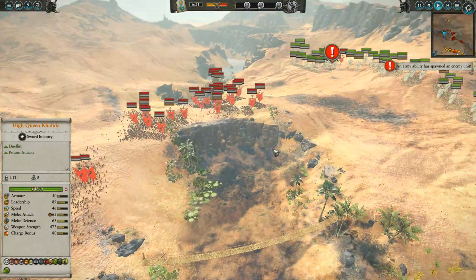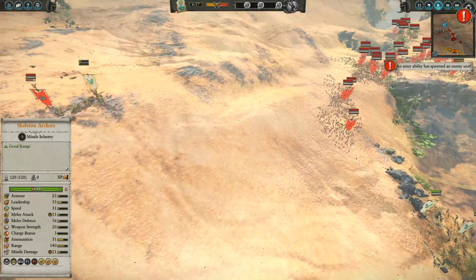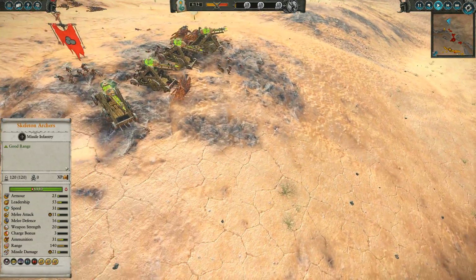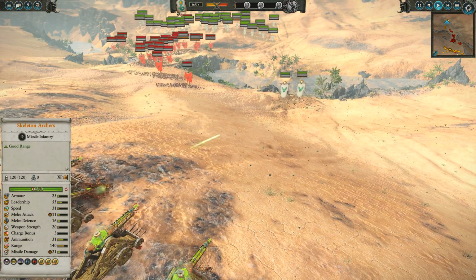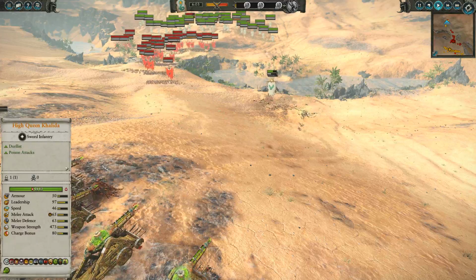Skaven are now crossing the causeway, heading towards us. Our army's still not in position. We're going to have to move slightly faster than that, guys. Now, although they're under attack, the warp lightning cannons seem to be moving into... Oh my god. Uh-oh. Oh. Son of a...